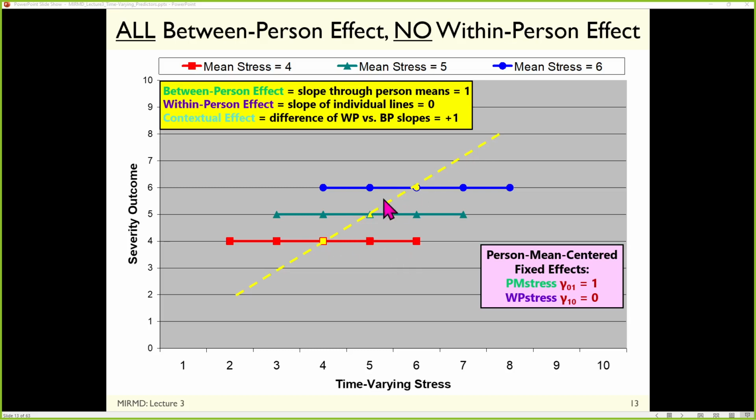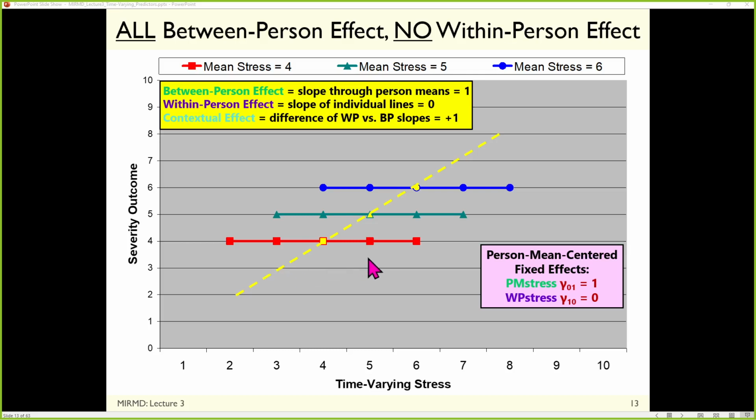All of the action is between persons, and if you had these data and you went to the trouble to collect longitudinal data, you're likely to be very disappointed. Because this same yellow slope, you could have gotten from one occasion. It's between persons, it's a cross-sectional relationship. Now maybe you can spin it that it's noteworthy and theoretically informative that I got a null effect within persons, and good luck to you spinning that into a paper. It can be done, just it's a little tricky.